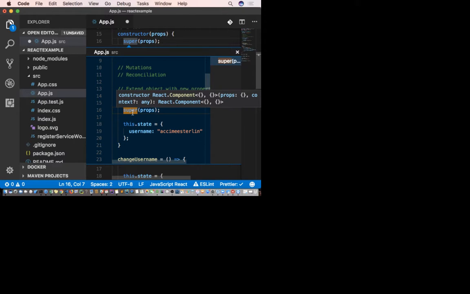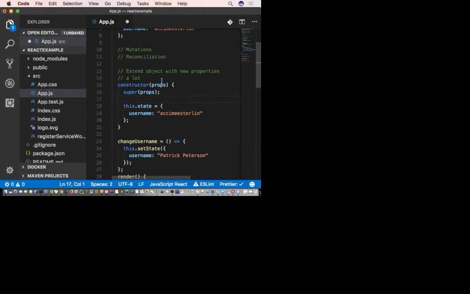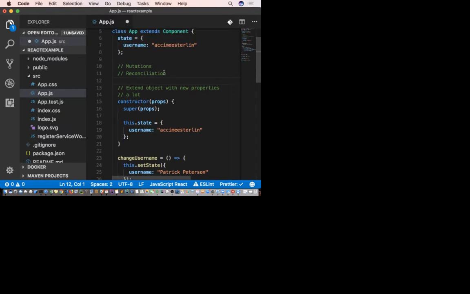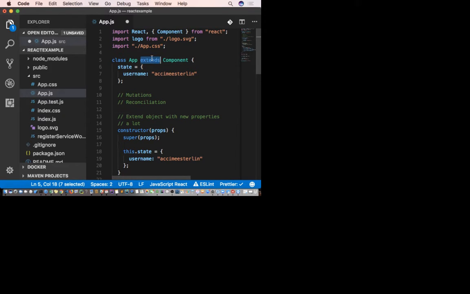Using the super keyword calls the constructor of the parent. So here, if you scroll up, what's the class name? App extends Component, right? So when you call super, it's going to call the constructor of the Component class.